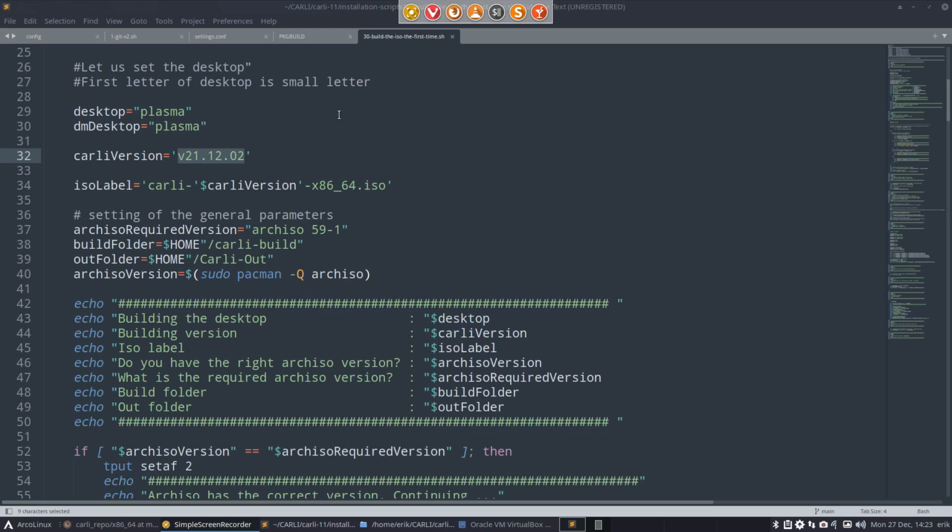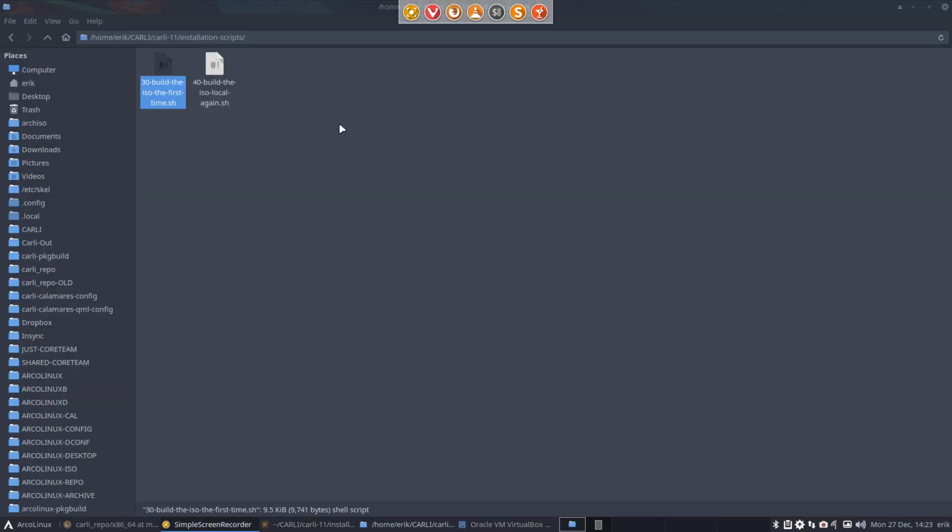Next thing I would like to do is change the name. When the ISO is written, it's called Carli dash and then a version number. And when I forget to change it, it's always overwritten. And that's not nice, and it's actually fun. If you see